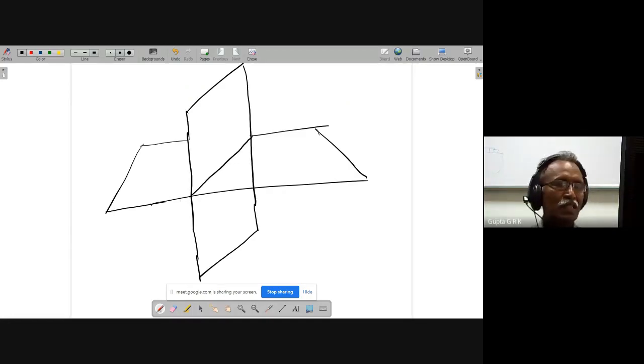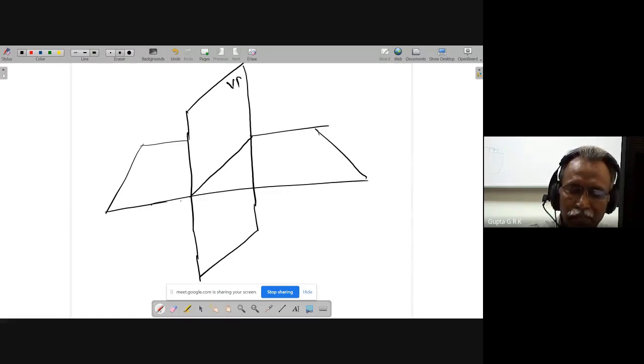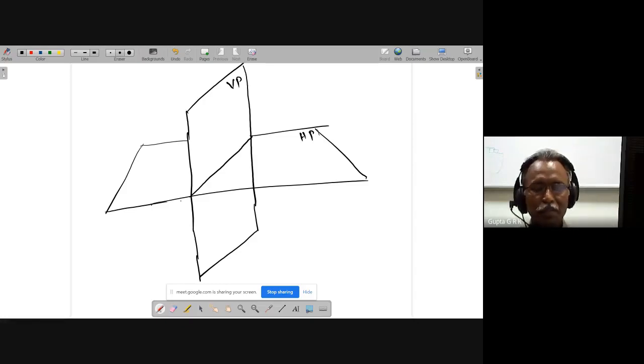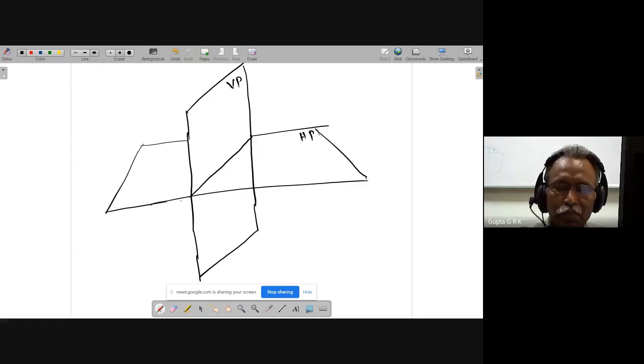So these are in 3D, I can see. These are planes. This is the vertical plane. This is the horizontal plane. The profile plane is perpendicular to these two. That I will draw later. First, I will explain this. So here, if you have a 2D plane,